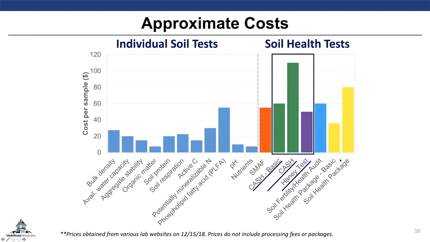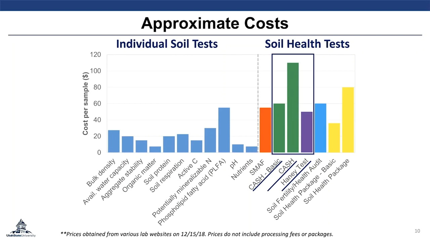And if you want to go ahead with a full suite of tests for the comprehensive assessment for soil health at Cornell, it's going to be around $60 for the full suite of that test. It'll range from $110 up to $150 per sample. So it really kind of depends on your goals and your management, what you're trying to achieve.